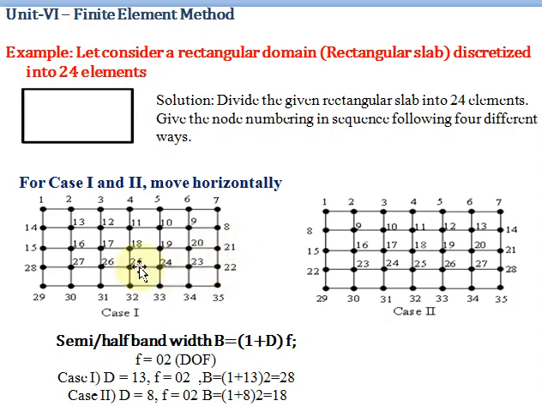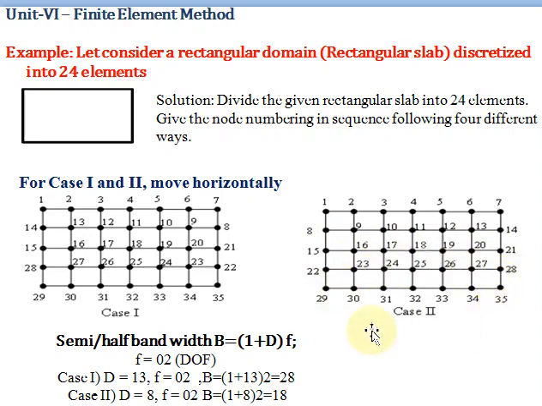Then it starts from 22 to 28 and up to 35. If you see the second figure, 1, 2, 3, 4, 5, 6, 7, 8. Then again it is below 1, 8, 9, 10, 11. Then 15, 16, 17, 18, 19 in the same way.